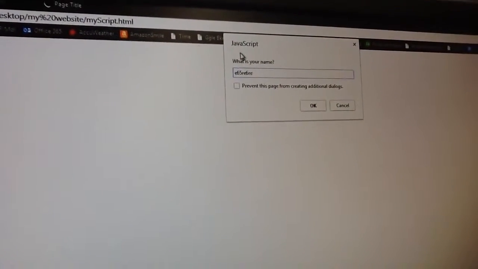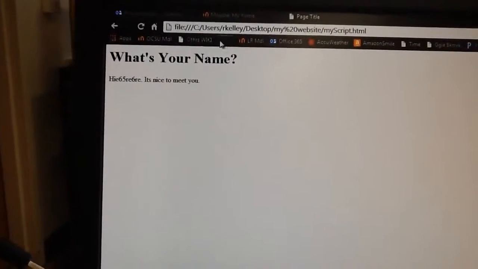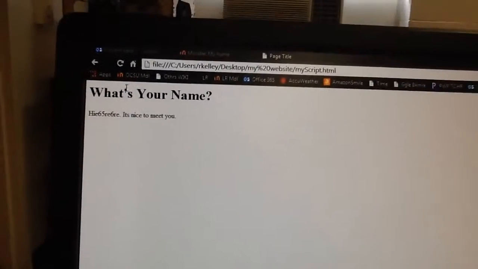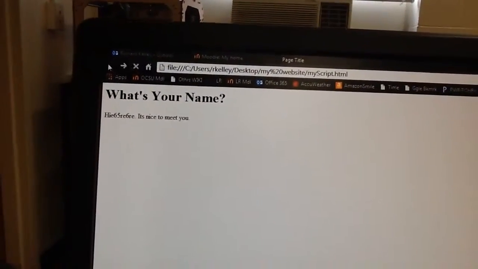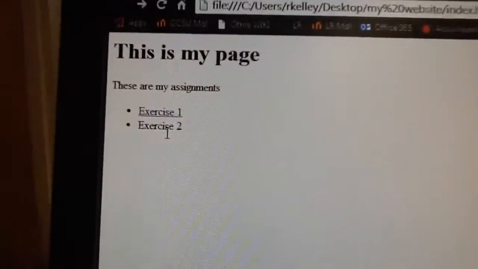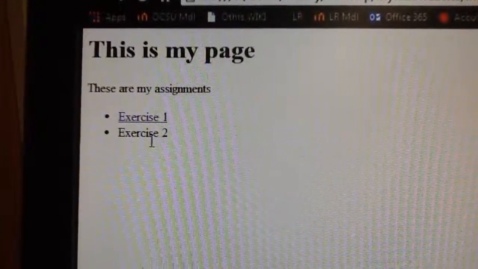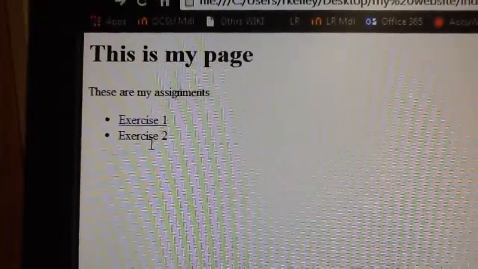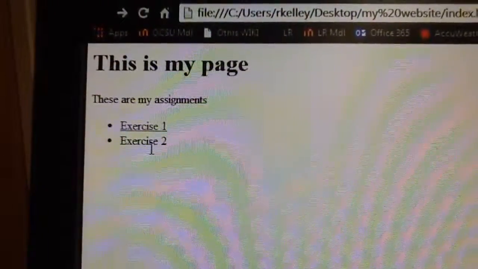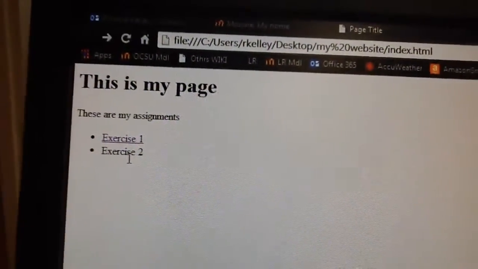Anyway, you guys have done that. And then welcome, nice to meet you. So we hit the back button. The reason exercise 1 is an actual link and exercise 2 is not is because we added the A tag to exercise 1. So that's all I want you to do is build that file, that first file, and it is called